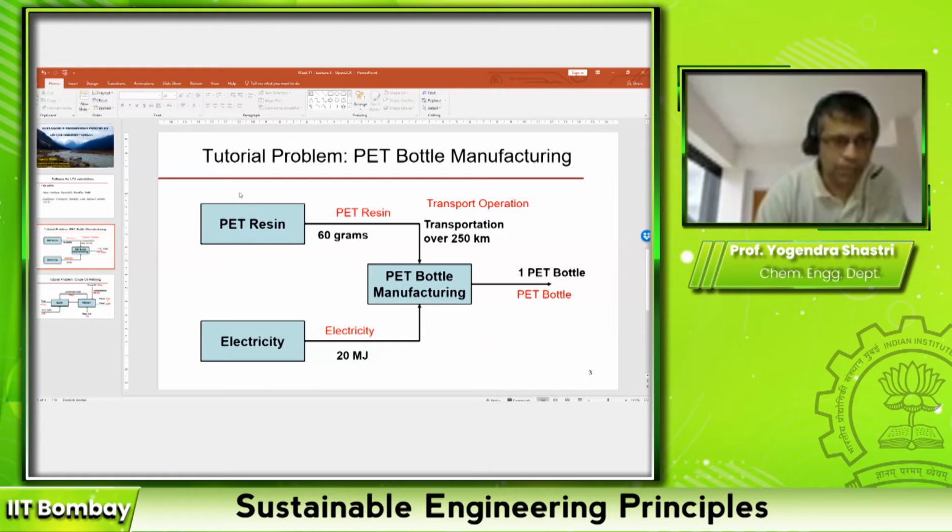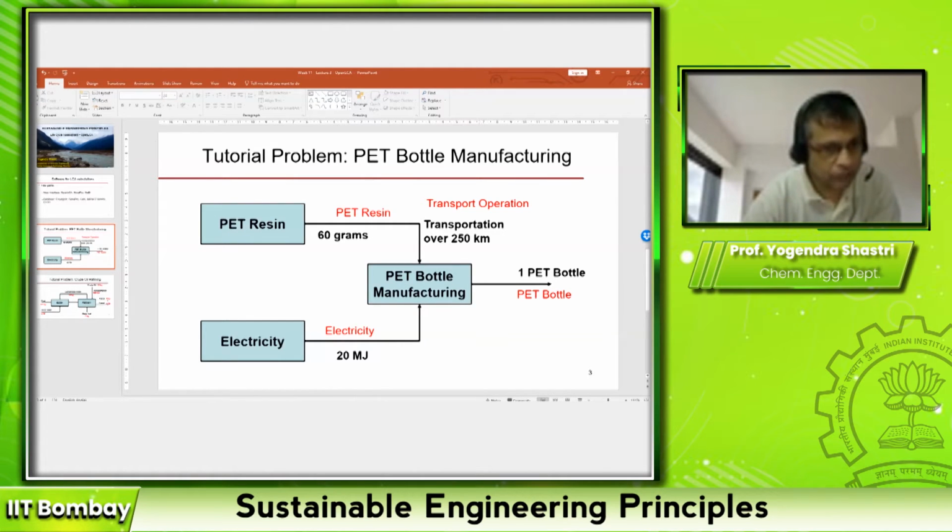But then I will also need all the other information like what is the ethylene input, what is the energy input, and so on. So I'm assuming that we'll take this from the database. Same thing is for electricity. Electricity, we are saying we'll take directly from the database, and therefore this flow is already defined. Transport operation also I am taking directly from the database. So I don't have to worry about the transport operation as well. That flow is also taken from the database.